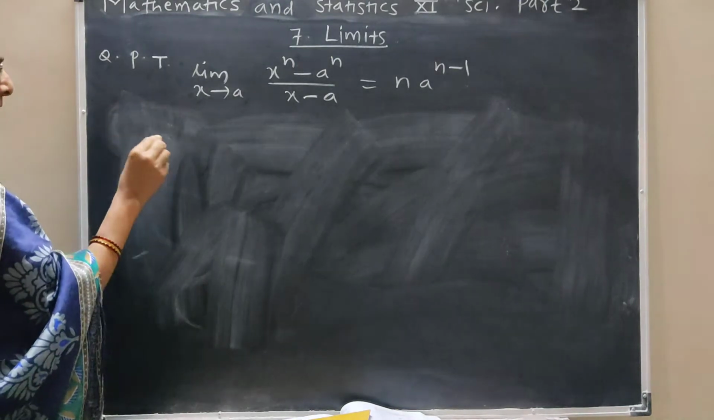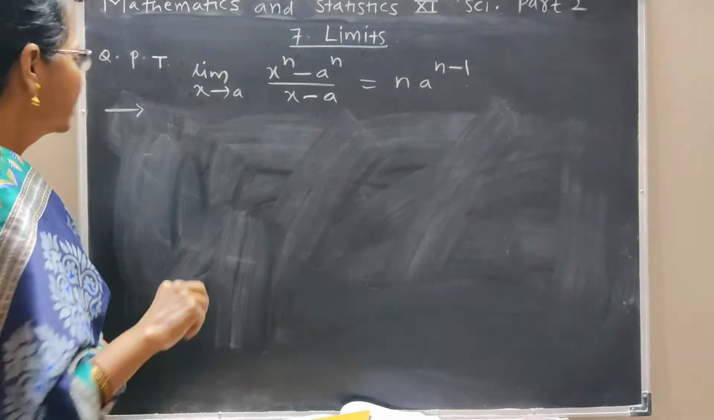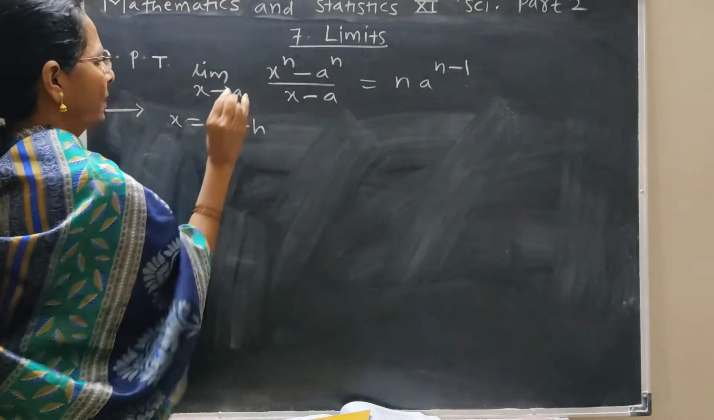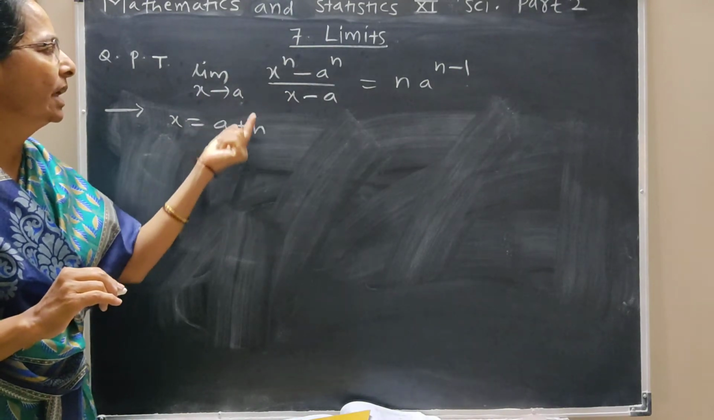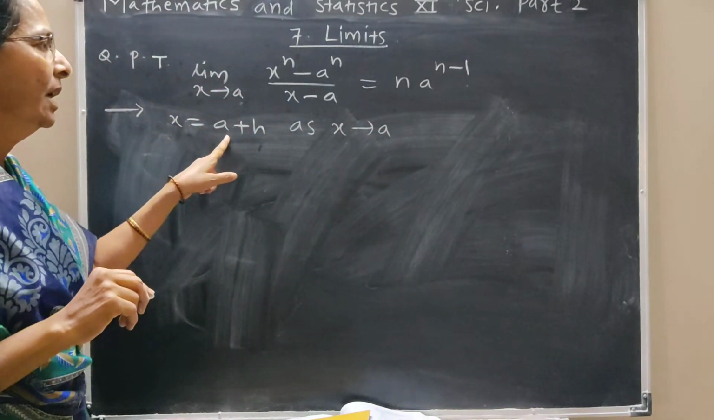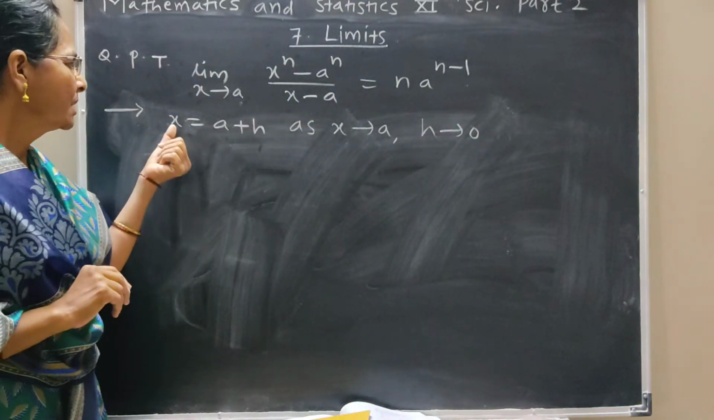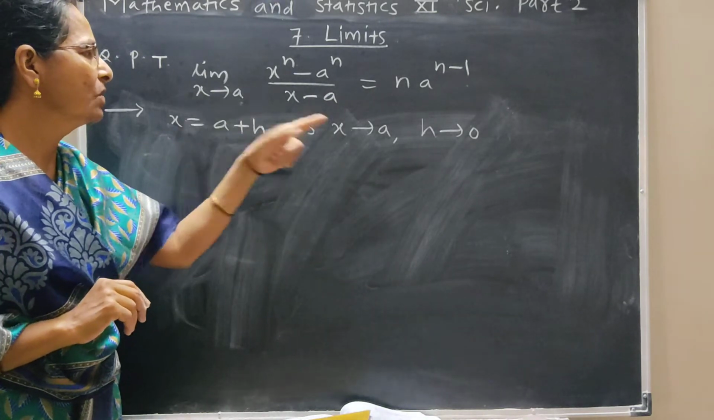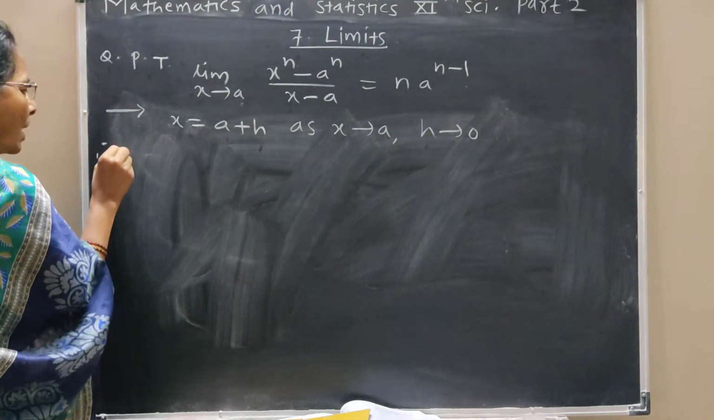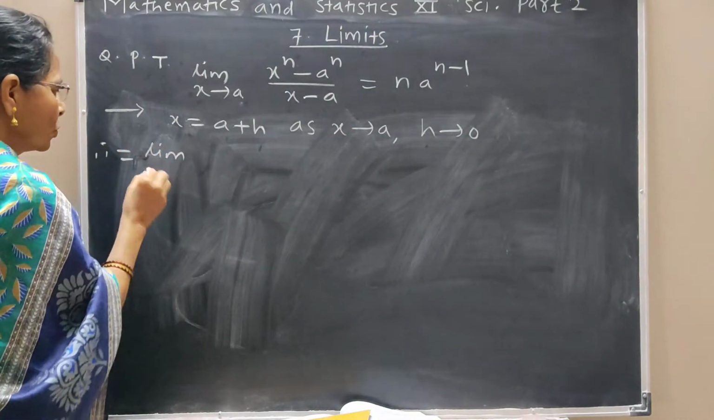Now next, for the proof of this statement, we use the substitution method. Substitution is x equal to a plus h. Remember, x equal to a plus h, as x tends to a, h tends to 0. Remember this statement totally. Therefore, this limit is equal to, now the limit changes, h tends to 0,